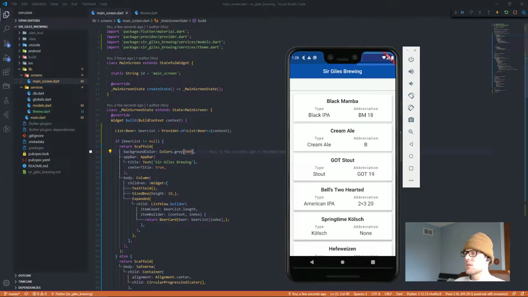Let's try making the font smaller but keeping the bold on first. I'm not liking this bold. I think my problem with this design is that I'm trying to get a bit too flashy, but it's not flashy. I'm trying to do something unique with having one data on the left, one data on the right, have the title at the top, and it's just not looking that cool.